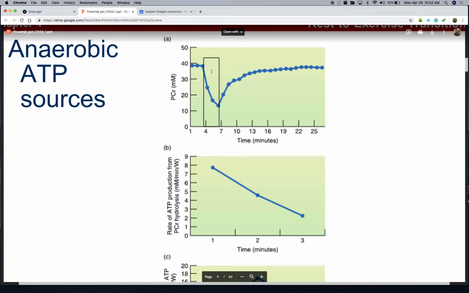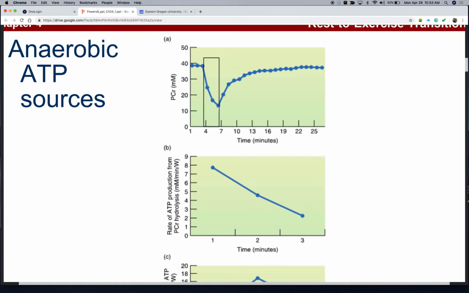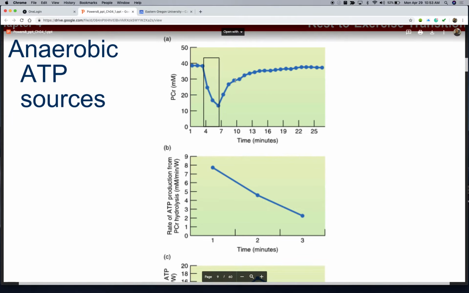Then I start doing a maximal lift, and my level of creatine phosphate depletes very rapidly, right? Then I stand there and I'm breathing heavy and I'm consuming oxygen, and dephosphorylated creatine goes to the mitochondria, gets phosphates added back to it. All of that's being driven by aerobic energy production. Creatine is rephosphorylated and it heads back into the cytosol, and that level starts to come up again, right? This is why you can take a break between reps and replenish your creatine phosphate and then go again, right?